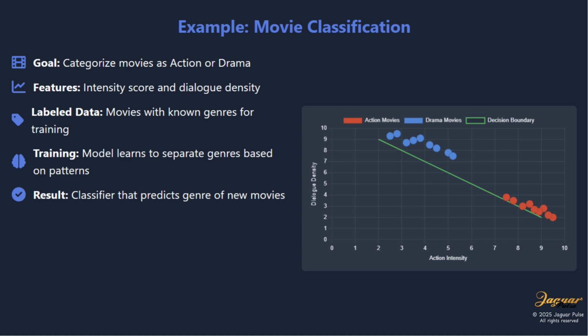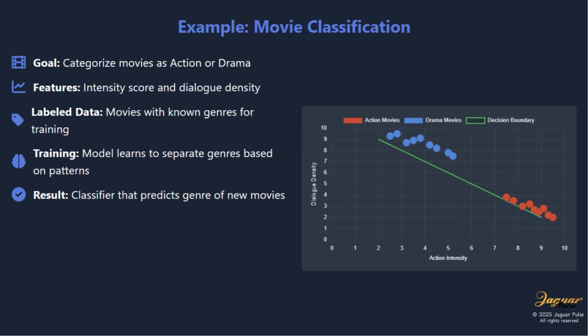density are dramas. Using this knowledge, we can train a machine learning classifier with a labeled dataset, a collection of movies where the genre is already known. If intensity and dialogue density are measurable, the model can learn the relationship between those metrics and the movie's genre. Then, when presented with a new film, it can predict the genre based on the learned patterns.